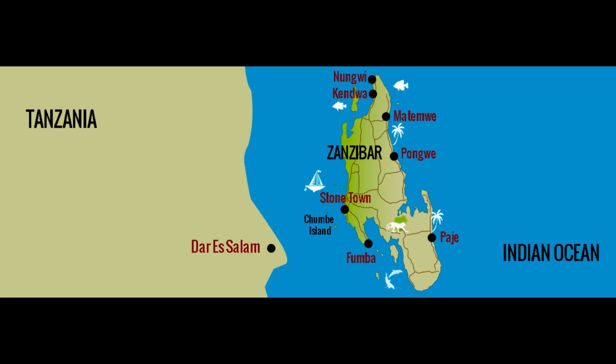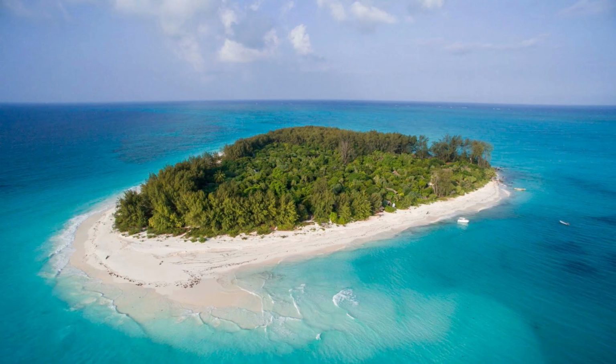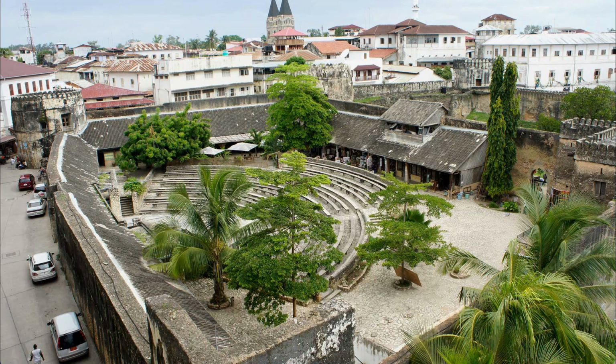Day 7: Zanzibar. Location: an archipelago off the coast of Tanzania, East Africa. Main islands: Unguja, commonly referred to as Zanzibar, and Pemba. Coordinates: approximately 6.1659 S, 39.2026 E. Capital: Zanzibar City, with its historic centre known as Stone Town. Unguja: about